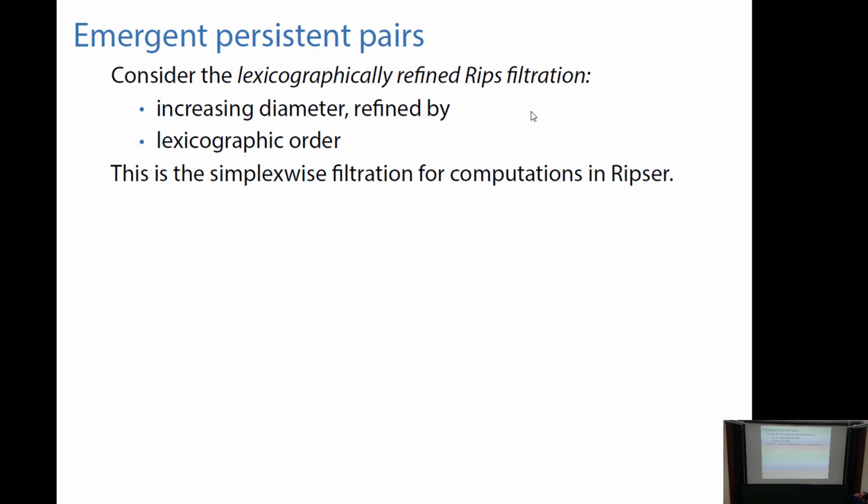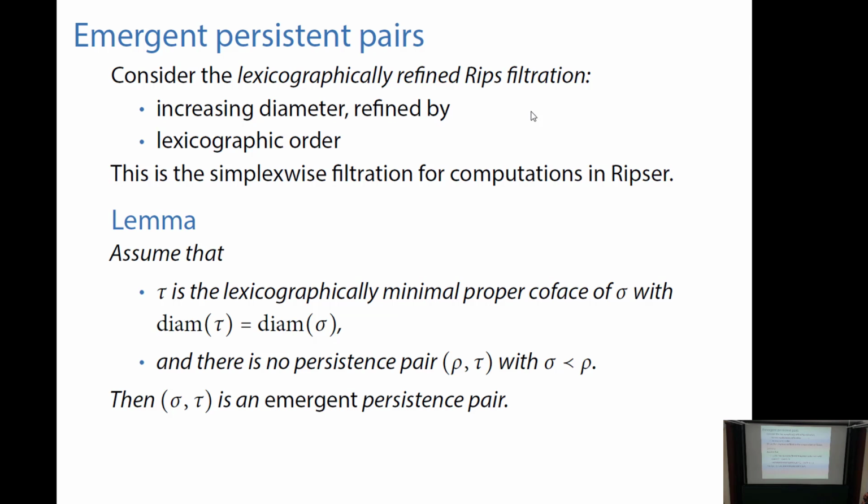And so in the computation, I'm using something slightly different that's more natural during the execution of the algorithm. The simplex-wise order I'm using is the lexicographically refined Rips filtration. I start by increasing diameter, and then whenever I have simplices with the same diameter, I simply refine in lexicographic order. And I can show that whenever I have a simplex tau in the coboundary of sigma that is the lexicographically minimal proper coface of sigma, and it has the same diameter as sigma,